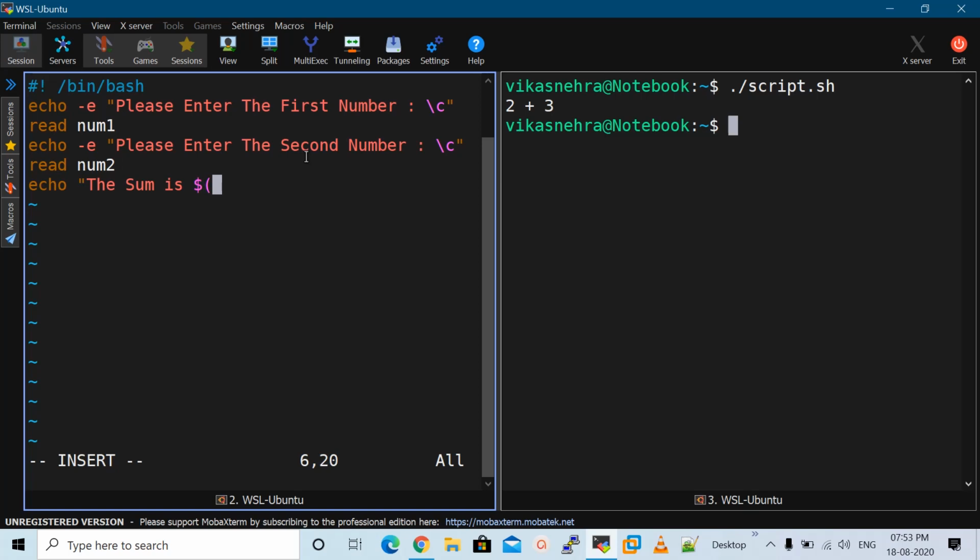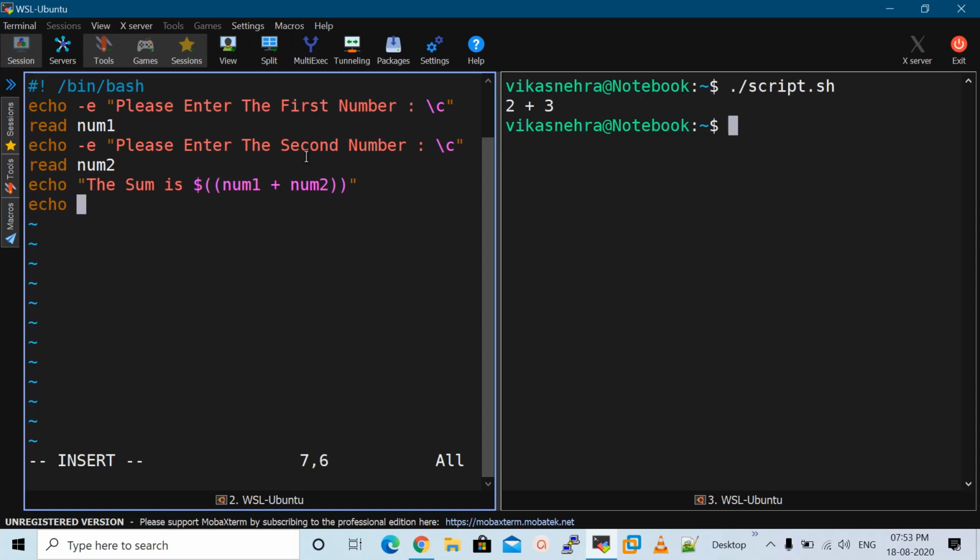So please have a look at this. We will use the double brackets like this. Then we will call the first variable num1, use the plus operator here, plus symbol, num2, and close the brackets like this.